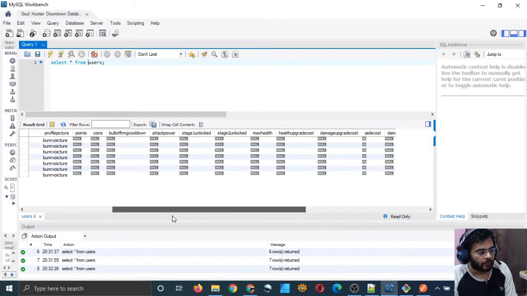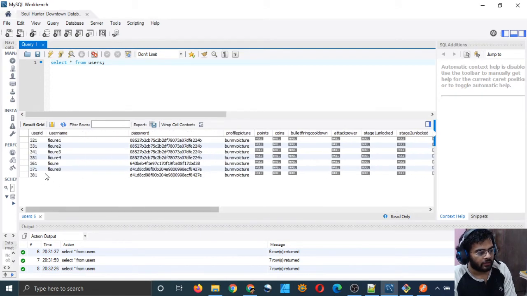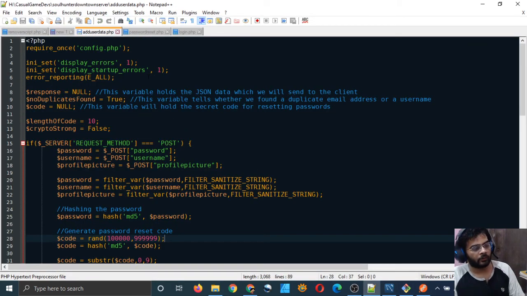So yeah, this says null, but this doesn't say null. However, it is null. What we should do is avoid taking null values from the user, and therefore, whenever we are receiving values from users, we will now check whether they are null or not, because this is very important.